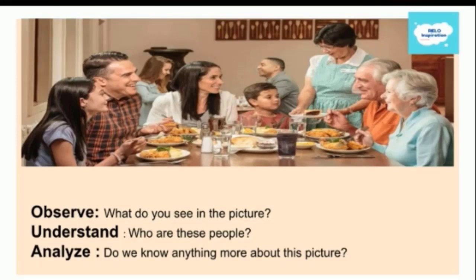Do you know anything about the picture? Using words like probably or might be are very important critical thinking indicators. Here you are going to ask what they know about this picture. They will guess, maybe in a restaurant, maybe they are having a trip, maybe they are having a welcome party, maybe they are having a farewell party. They will try to analyze the information that they see in the picture. And then this leads us to